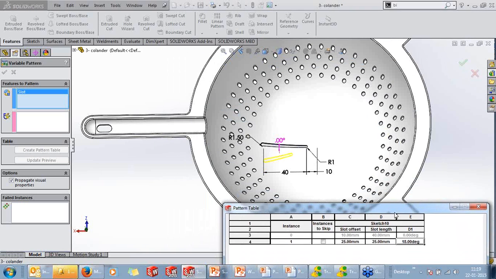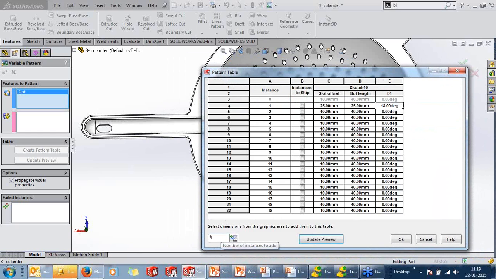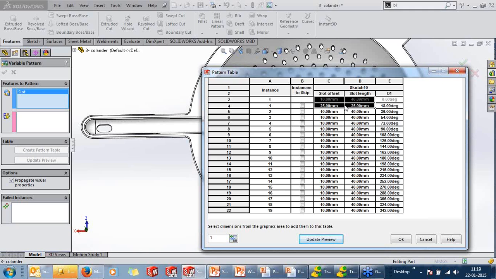So we are heading in the right way. I'll add some more instances to this. This table is more or less like Excel. You can export it to Excel, and it also works like Excel. You can bring this back. You also have copy paste options. Control C and Control V work perfectly fine in this. So making changes is very easy in this table.